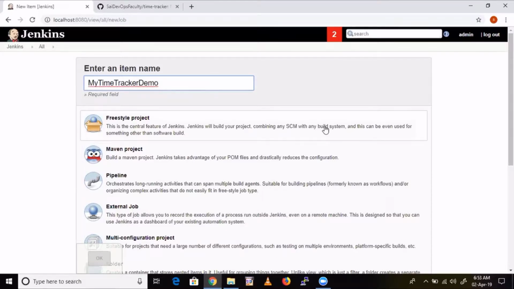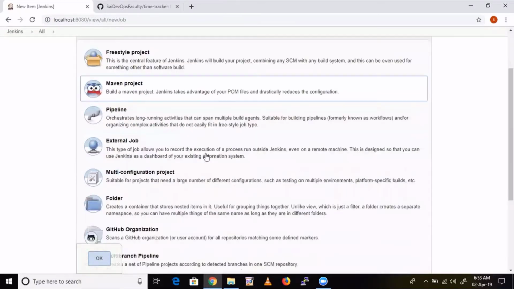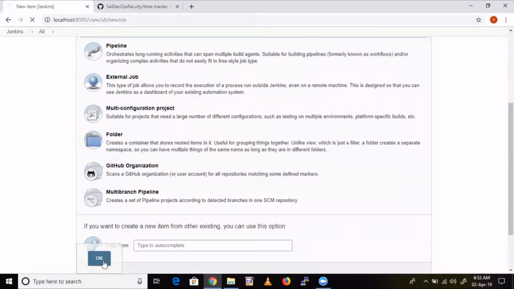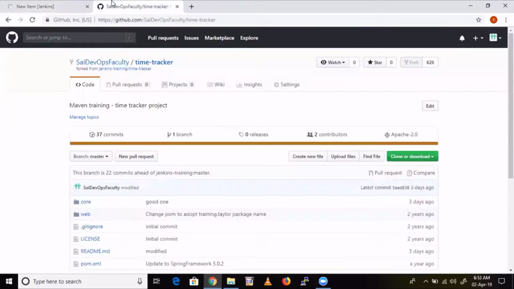Now, you know that it's a Maven project, so click on Maven project. Now click OK, because I would like to build this code, which is there in this time tracker.